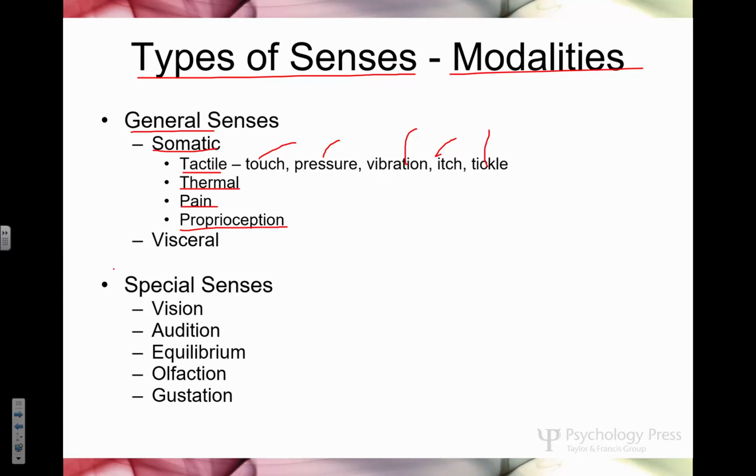We also have something called visceral senses. This is how you feel your guts. Visceral senses are things that you're often not consciously aware of. How many of you know what your blood pressure is right now? Nobody. How many of you know you have a blood pressure? Yeah, you've got a blood pressure. Guess who knows your blood pressure? Your body does. Your body's monitoring it. We have receptors that measure the pressure in your blood vessels, and then your body's going to make some physiological changes in response.